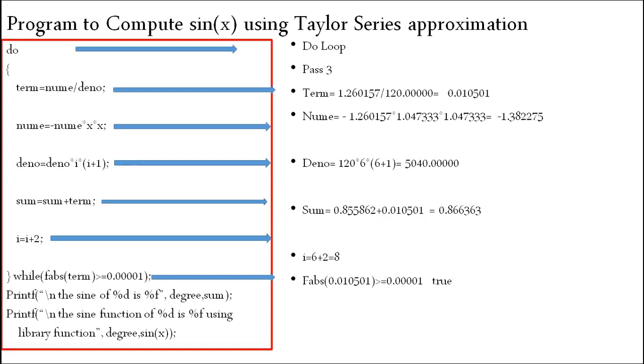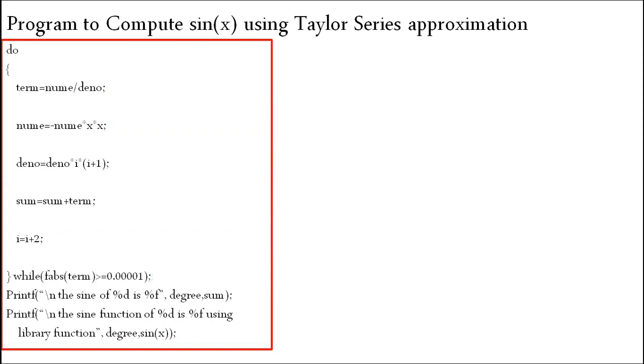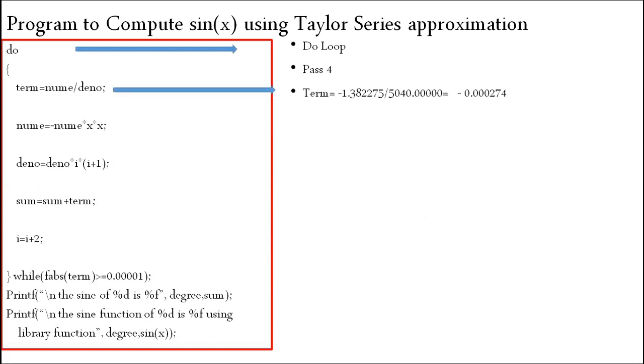See, whatever the value we got in this pass 3, the term value, numerator value, denominator value, sum value, and I value, these are all the input for my next pass. So we'll see pass 4. So in my pass 4, term is equal to numerator by denominator. So the value of numerator is minus 1.382275 divided by denominator is 5040. By doing this, we'll get minus